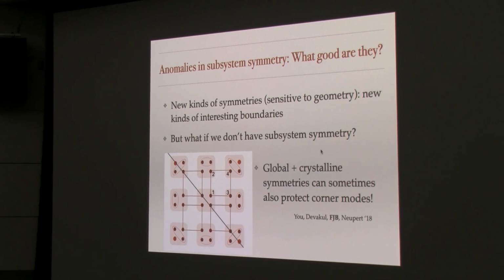And that leads you to ask the question, well, what if I throw away this rather pathological subsystem symmetry? Can I get anything interesting left? And the answer in many cases is that you can. So if, instead of requiring charge to be conserved along each line, you simply require charge conservation and you start from a state like this, but you also preserve crystalline symmetries, you can get to a related phase, which is indeed a strongly interacting variant of these higher order topological insulators with something at the corners.